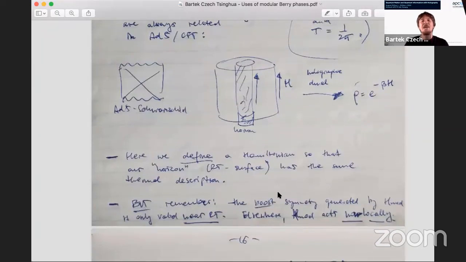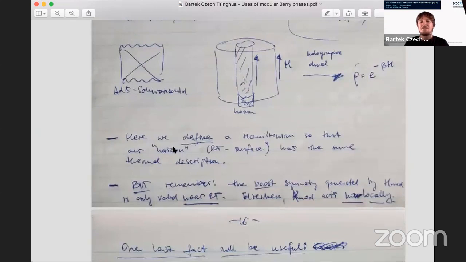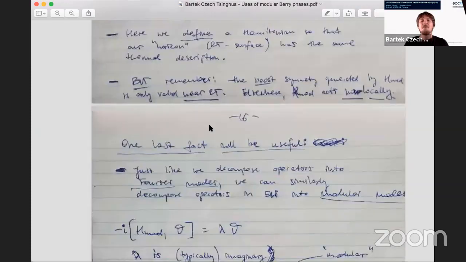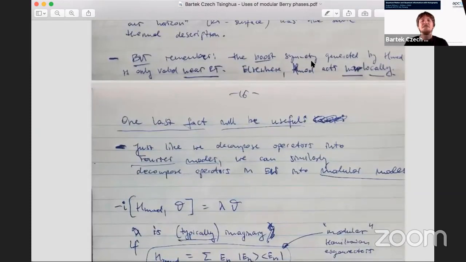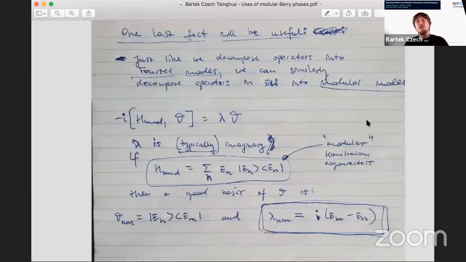So we define the Hamiltonian so that for our entanglement wedge, all the same intuitions that we have about black holes from this picture would carry over. And yes, so we define a Hamiltonian so that our horizon has the same thermal description. But again, we have to remember that the boost symmetry generated by H mod really only is a boost near the RT surface, and farther away, H mod will act non-locally. Before I go on to actually discussing modular Berry phases, I need to say one more thing. And that one more thing is